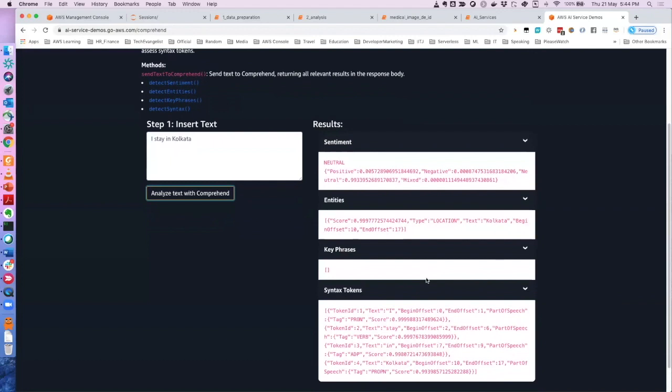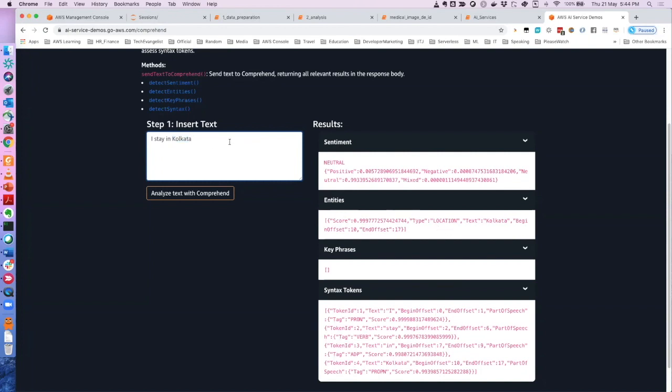If you see here, it has automatically categorized Kolkata as a location, right? So this is what Comprehend can do. And also it says it is 99.999, so almost 100% sure that Kolkata is a location. I did not say that Kolkata is a location. I just said I stay in Kolkata. So this is what entities means. It can categorize text based on different entities.